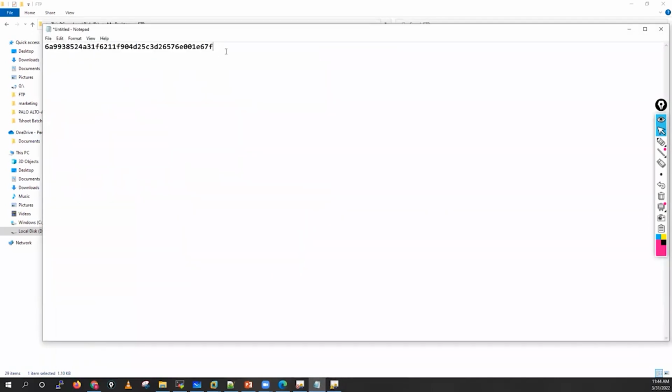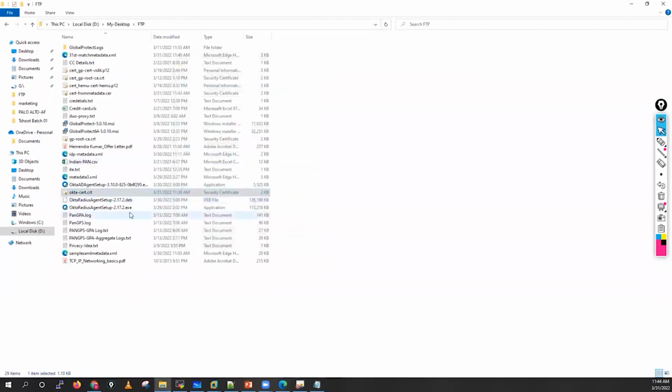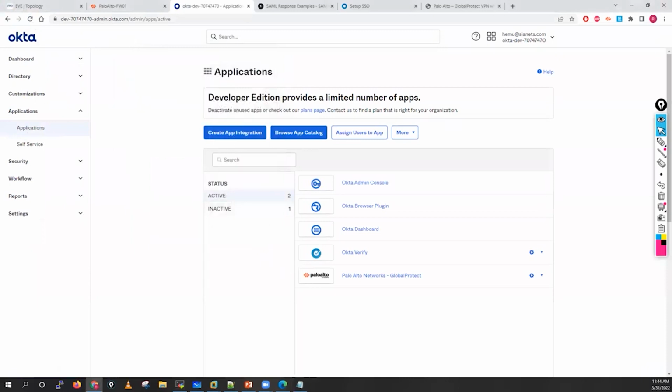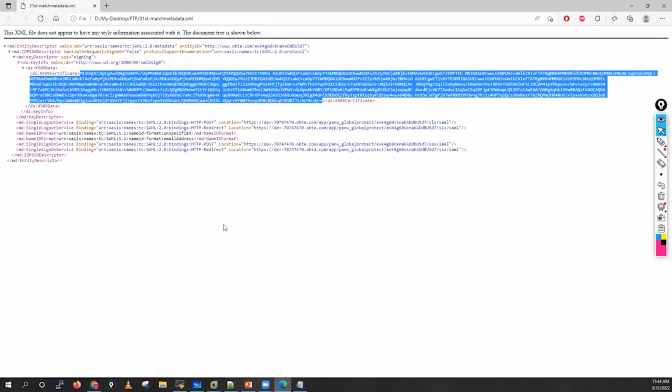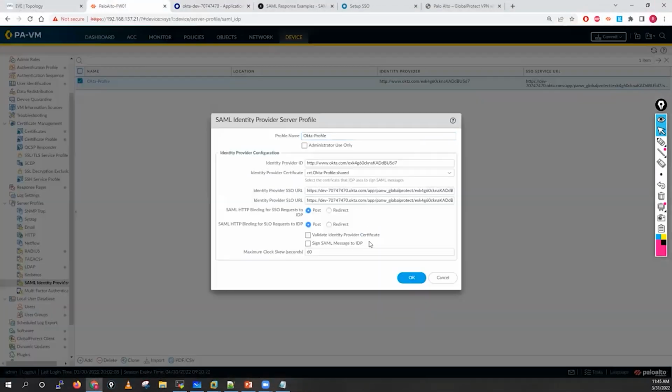These thumbprint values are different, guys, because this certificate we have uploaded, right? And after that, we need one more certificate into our machine. This is that certificate which we have received in this metadata file. After that, you will see